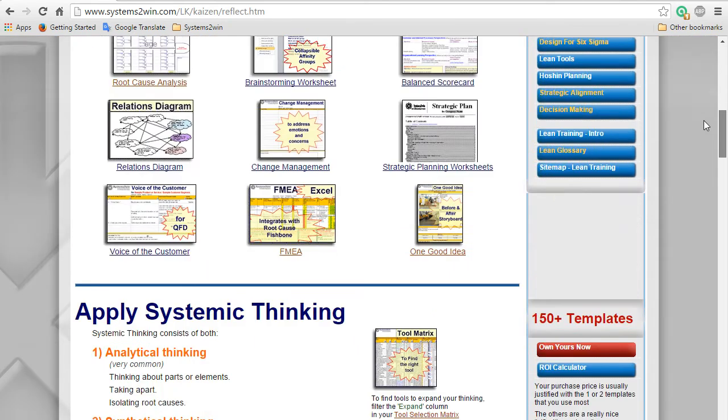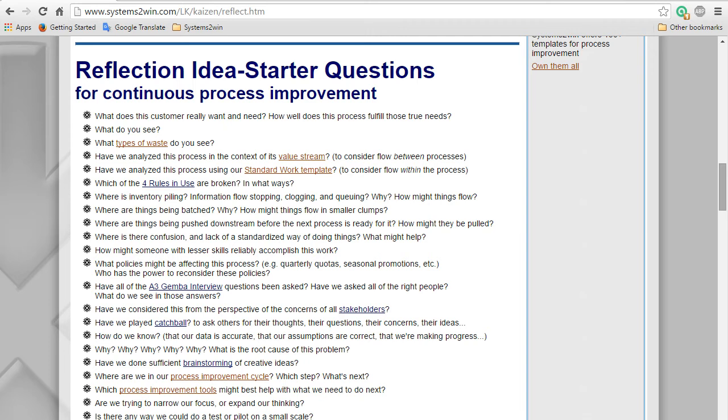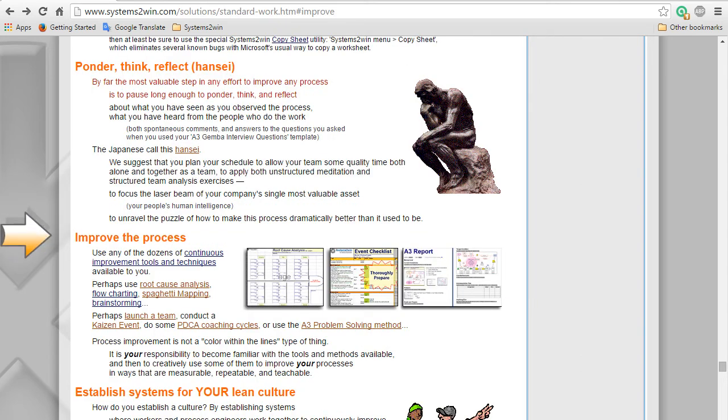You've done such a good job on this page of coming up with dozens of excellent questions, any one of which might hold the key to unlocking enormous potential gains within any given process, if only people would ask the right question. And this is the point in the process, after you've done all those 6 videos worth of analysis, where you can now apply any one of the tools and methods that you know how to use to apply creative countermeasures to those problems that your team has identified as root problems.